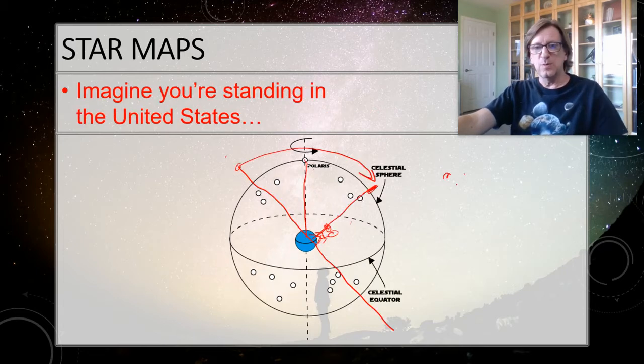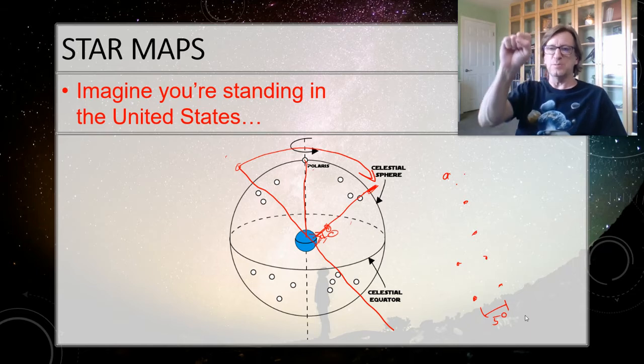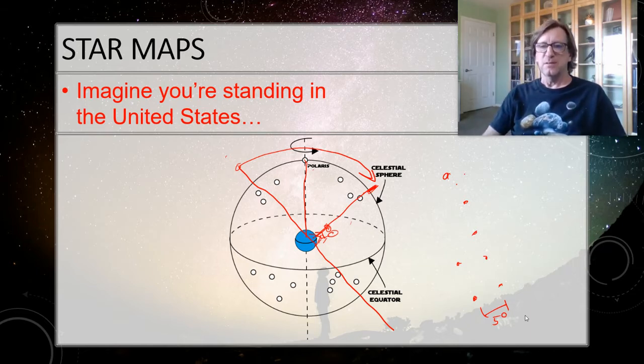Okay, so look for the Big Dipper. The Big Dipper will be in the northern part of the sky. It's visible all night long. These stars are almost exactly 5 degrees apart. So those stars at the end of the Big Dipper are about 5 degrees apart. So hold your fist up and figure out how many degrees there are for your fist.